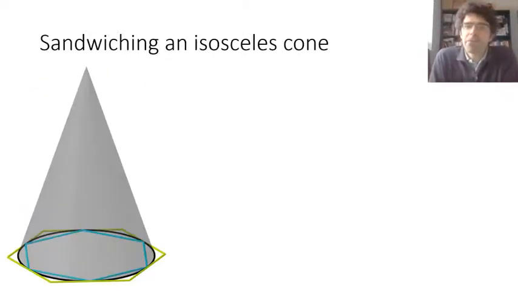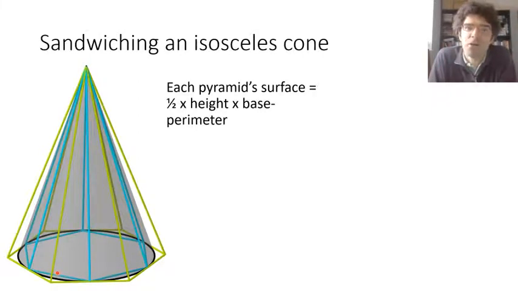Now, the other thing that I said we would look at in this video is the surface area of the cone, and the argument is completely analogous. I'm just going to sketch it out, and again, it's something that you might like to check after the video, that you can actually fill in all the details here. So the first thing we do is sandwich the base circle of our isosceles cone with two polygons, and we use those as the basis for pyramids rather than prisms, one inscribed and one circumscribed.